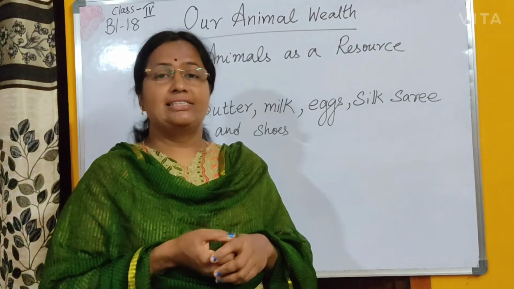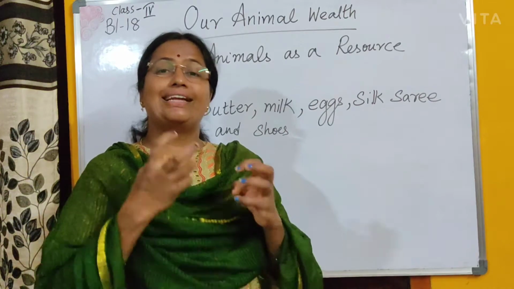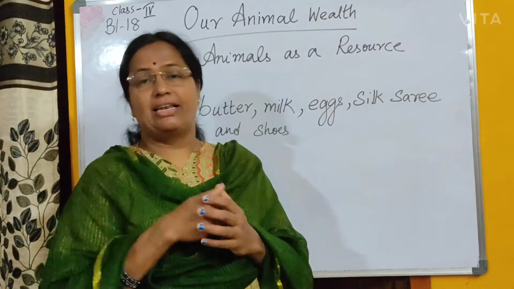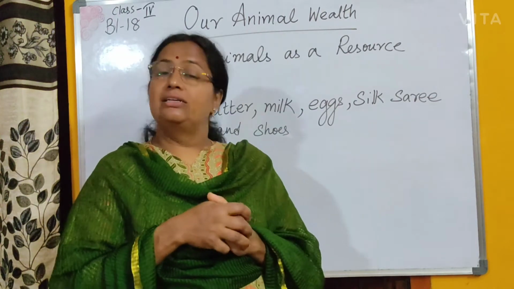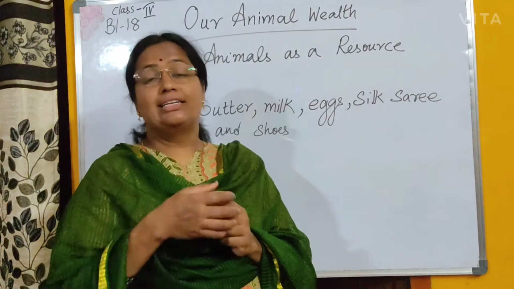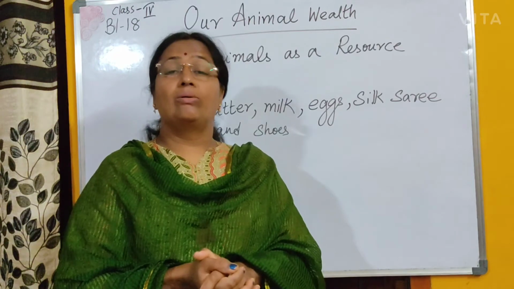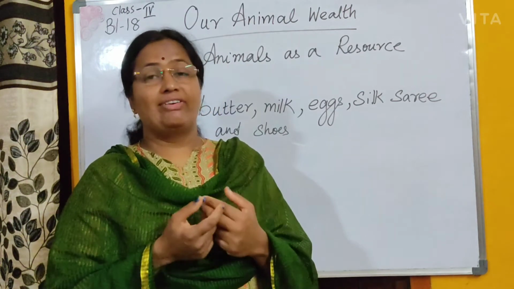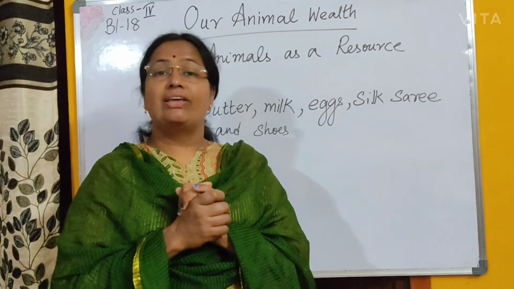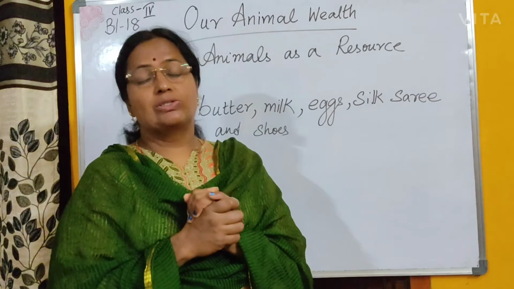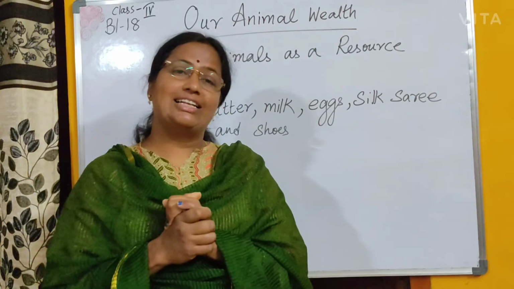People keep honeybees, okay, beehives. From that they take out the honey. They sell it in market and get money back. Right? And we already discussed the silkworms. So now let us learn about how people are making money from the animal products. So our animal wealth, we are getting wealth from animals. So animals are also a resource. We can make money from the animals also if we take care of them properly. Right students, let's move forward with the lesson.